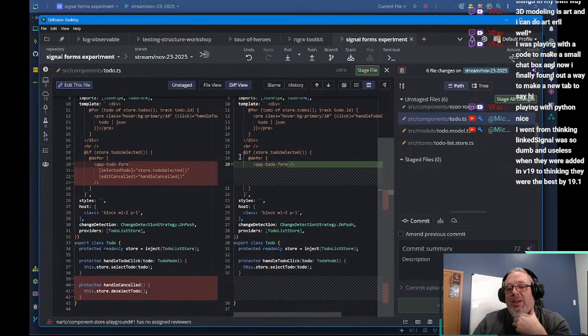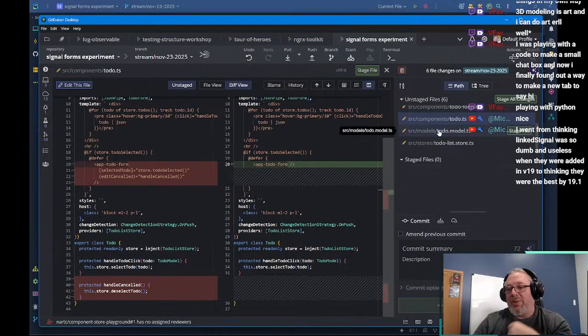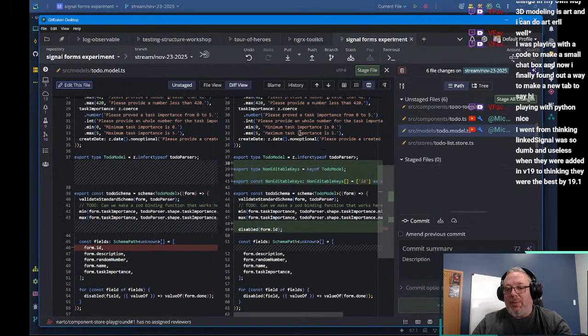So there is a big downside to this. I do want to call that out. But the upside is we don't drill props through things that we don't need them, and we aren't adding handlers at a higher level. We just aren't having to do that.